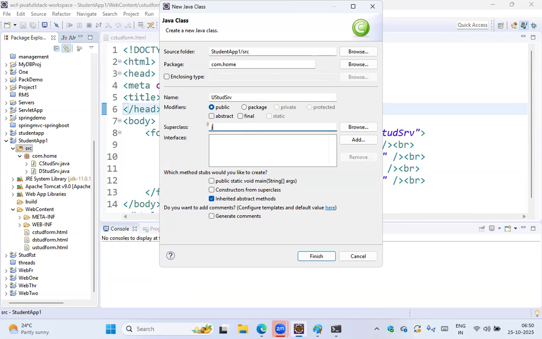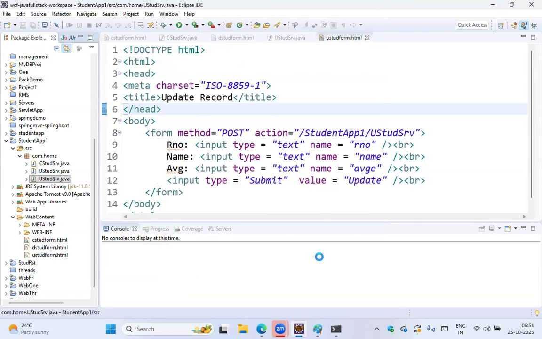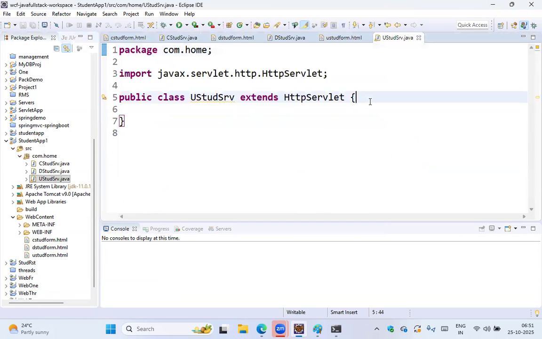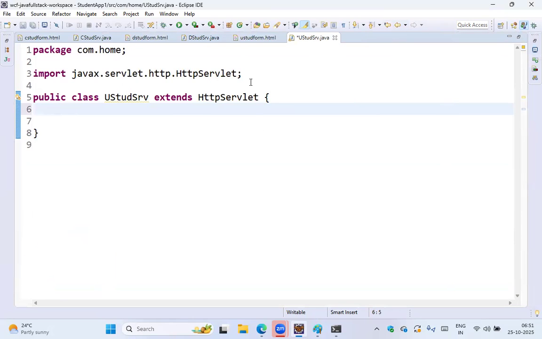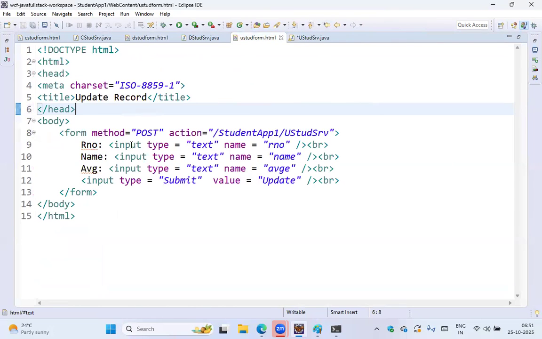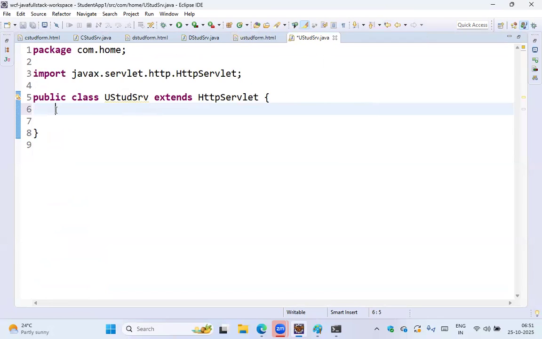Our class should be a subclass of javax.servlet.http.HttpServlet. HttpServlet is an abstract class. Then click on finish, guys. You please try to write one method. Can any one of you say, guys? We need to write doGet method or doPost method. This HTML form is saying method is equal to post. Post means we need to write doPost here. So public void doPost